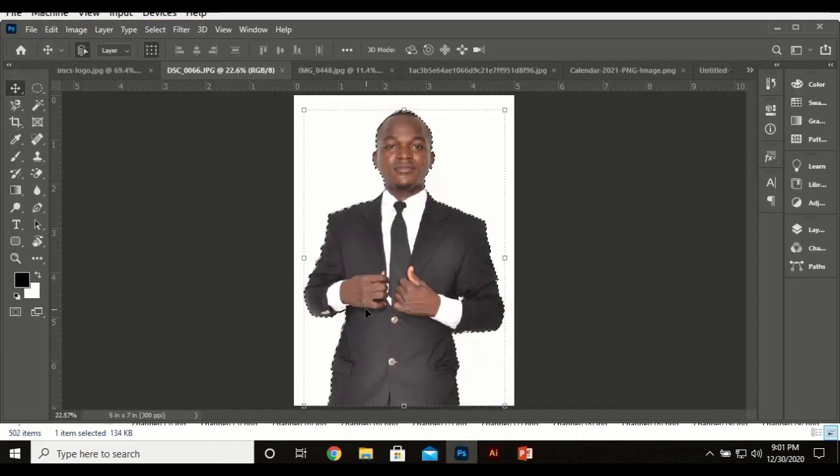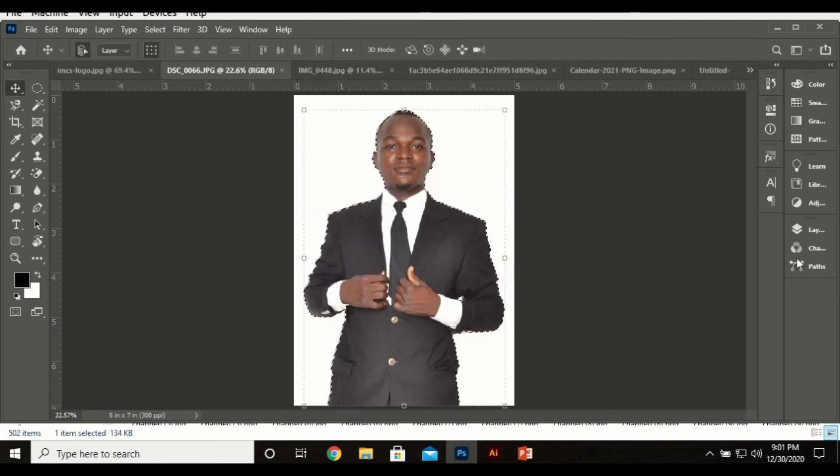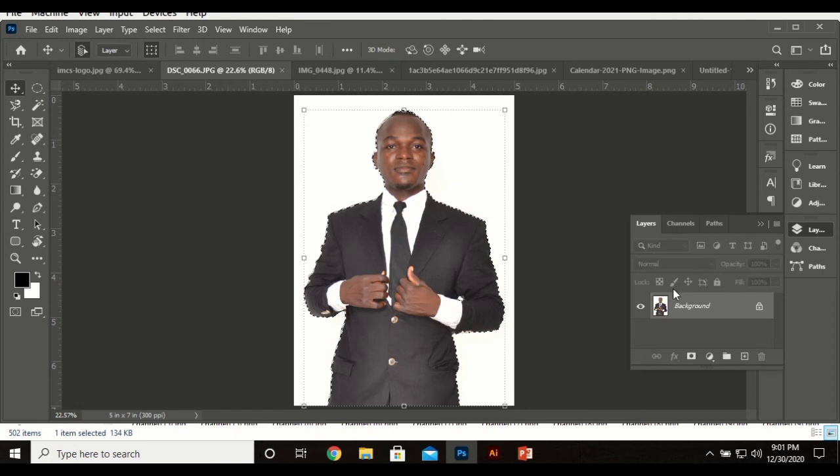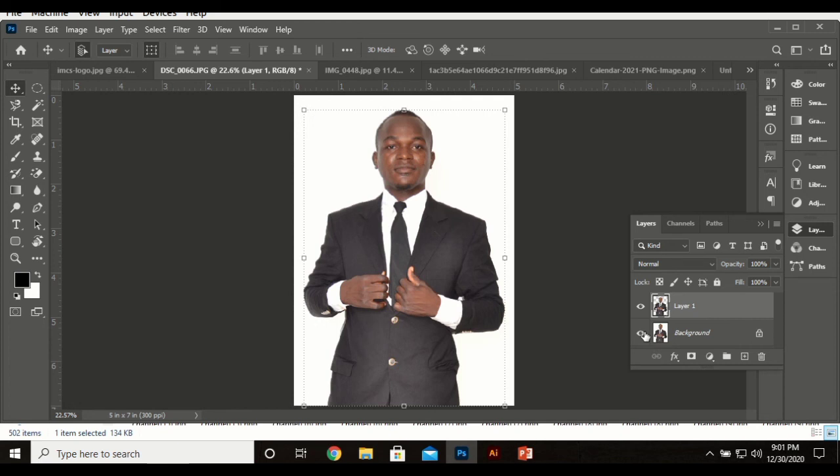Okay, so it has been selected. To duplicate it or to bring it out alone, you can press Control J to duplicate it and hide the background. So I've duplicated this. That's a way of removing the background. Another way of removing the background is